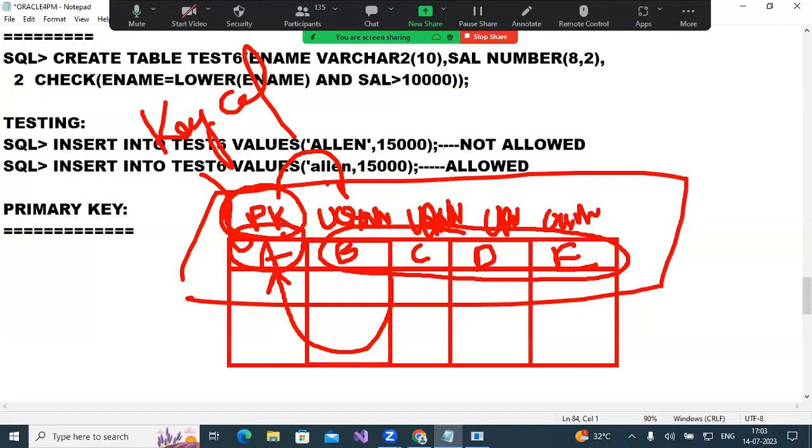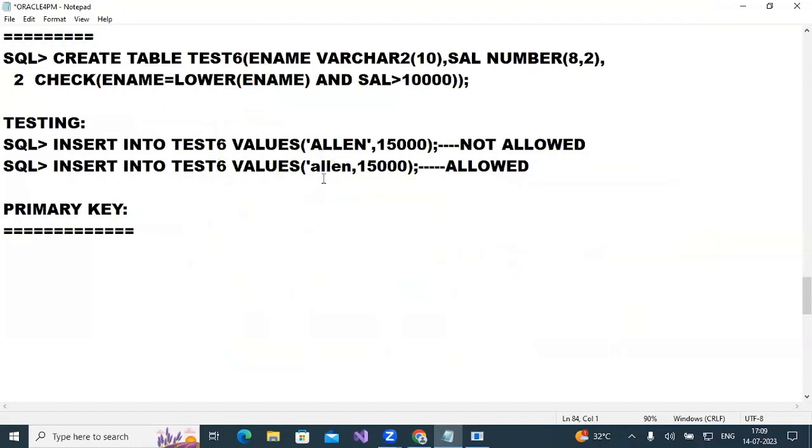one limitation, because of the reason that it is the leading column. In any table you can see only one leading person will be there. Like that, in any table only one primary key will be there. So that is the importance of your primary key. That's why multiple primary keys are not allowed on your table. By this reason, what you understand here is that primary key is nothing but a combination of,